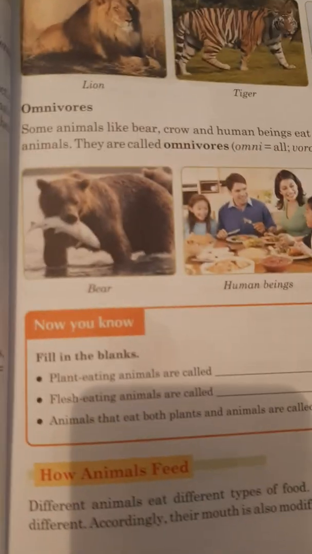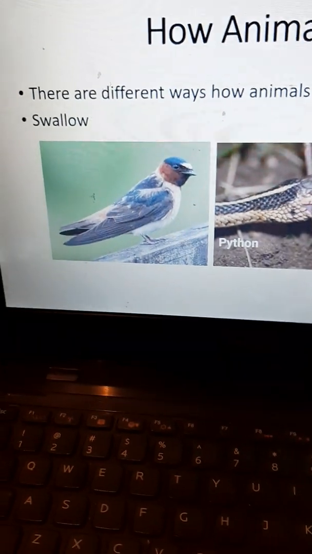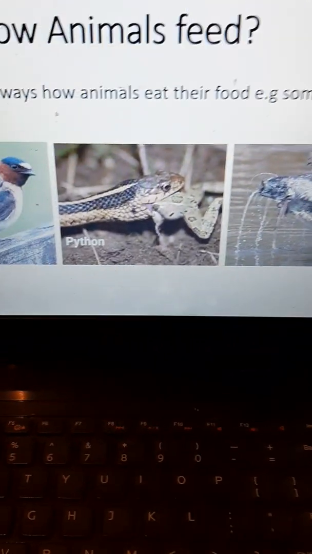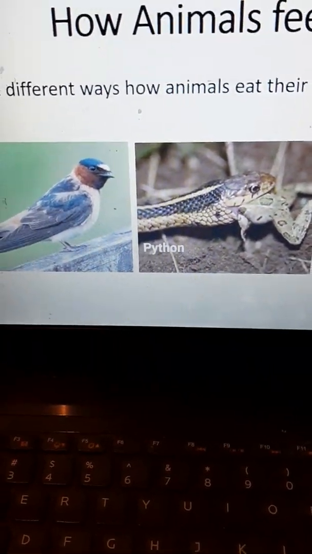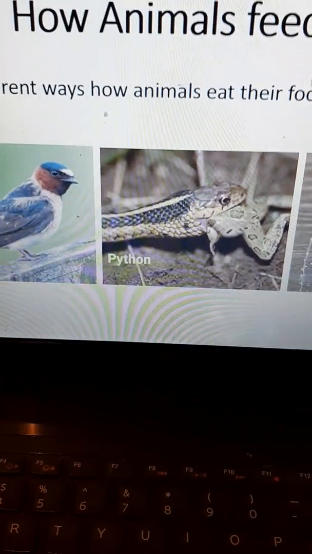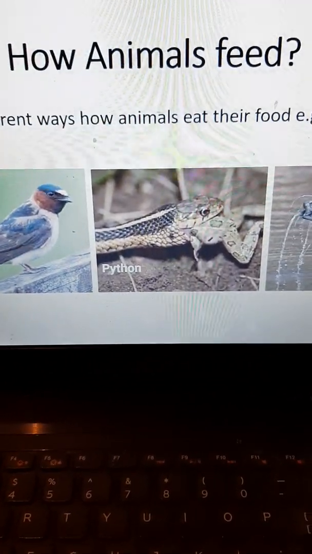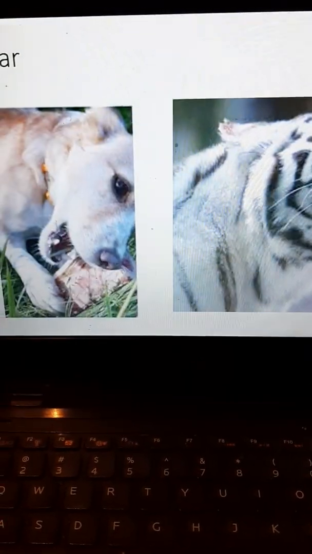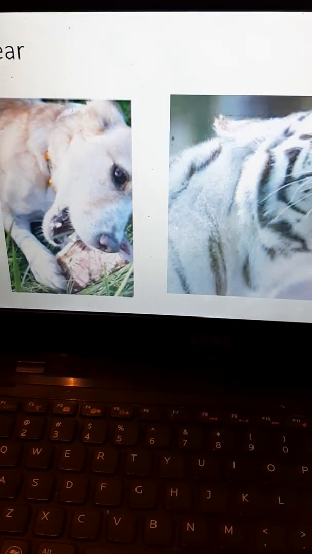How animals feed. Next, our topic is how animals feed. Animals feed in different ways, like they swallow. The examples are sparrow, snake and alligator. Snakes eat lots of things. We see that a snake's mouth is very small, but it eats very big animals. How? It opens its jaws to keep its mouth very wide, so it swallows the whole animal in most cases. The next is that some animals tear the flesh of other animals, like dog and tiger,